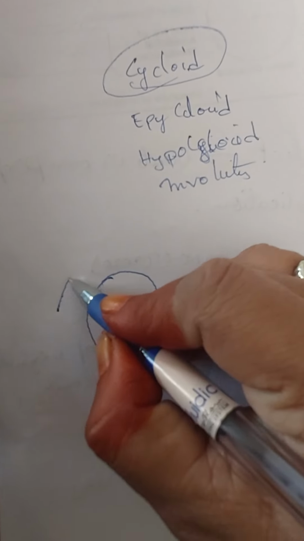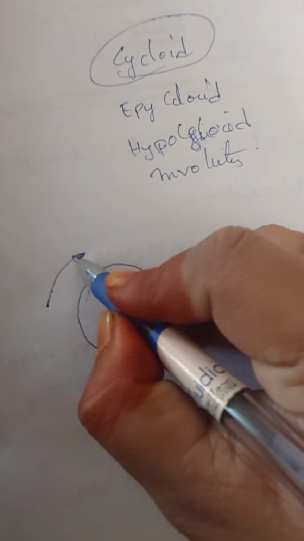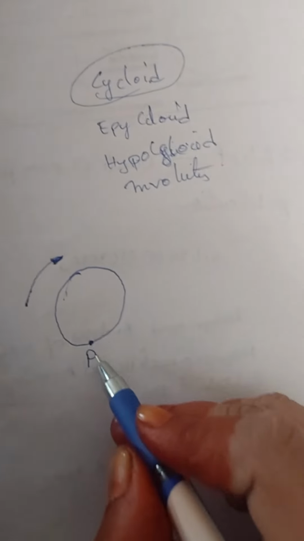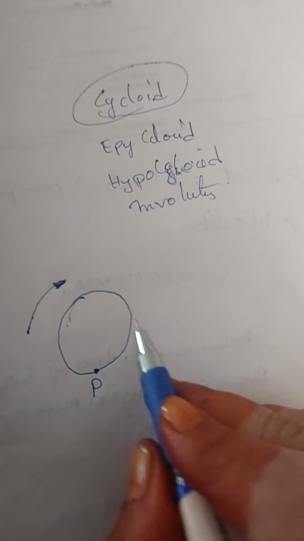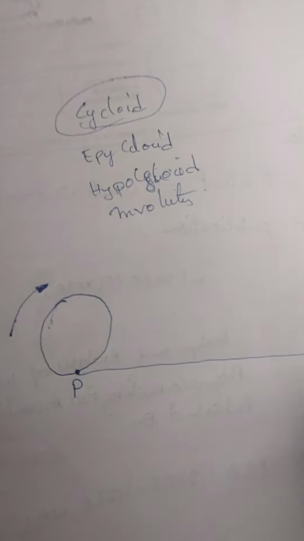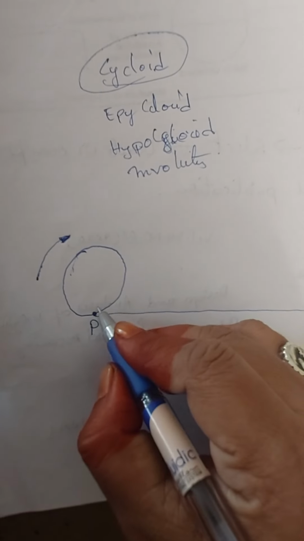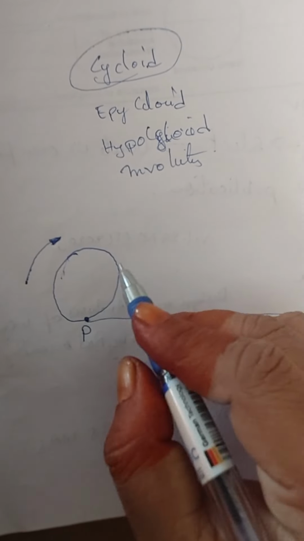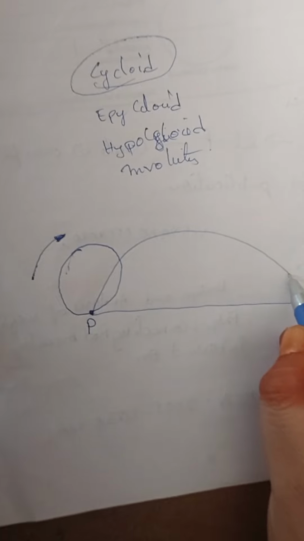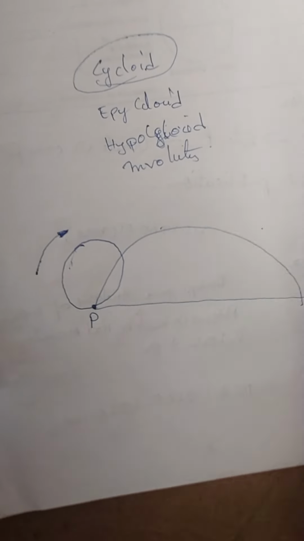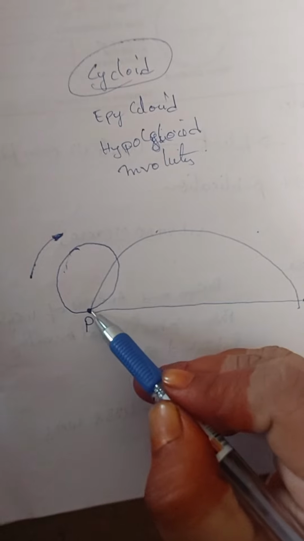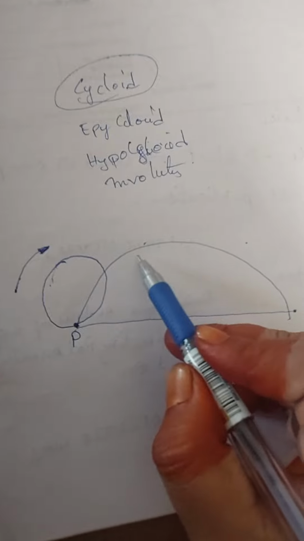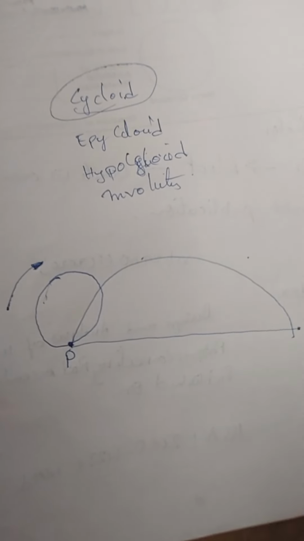And next, consider that the circle is rolling in a particular direction, say clockwise, for one complete revolution along a fixed straight line. Then the path traced out by the point P for one complete revolution of the circle will be like this. So this is the path, and here we trace the point P from P1 to P2, P2 to P3, like that for different positions of the circle in one complete revolution.